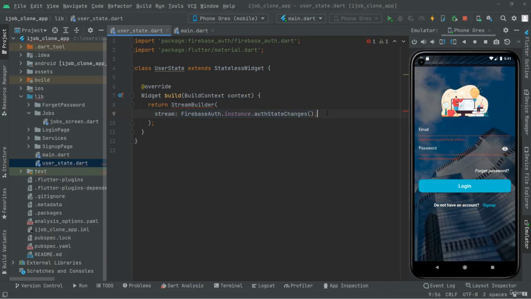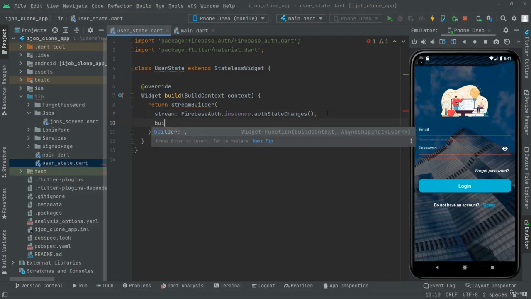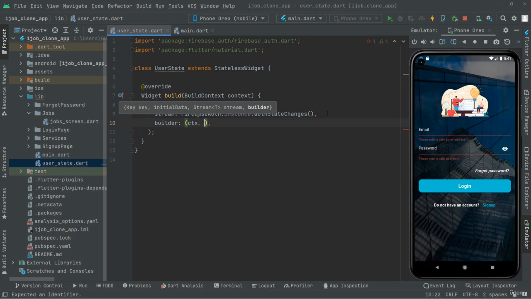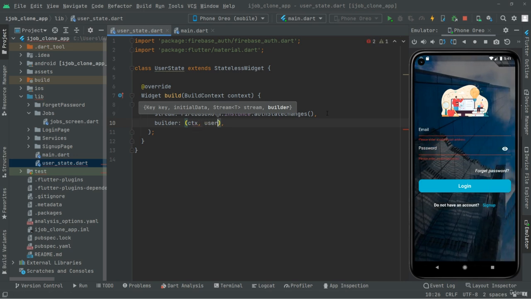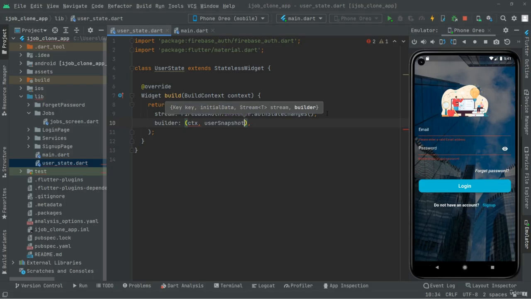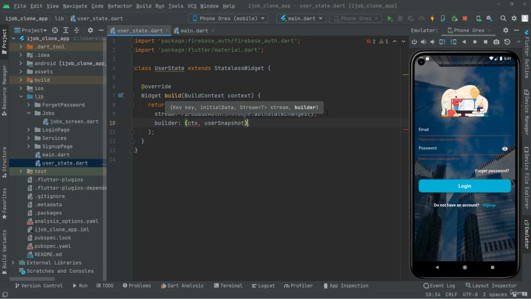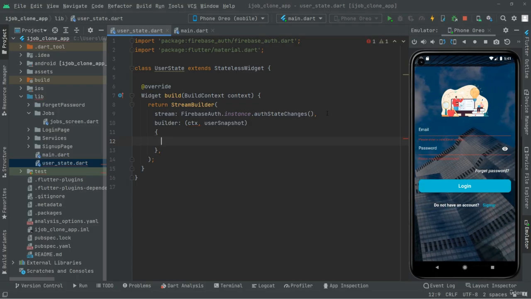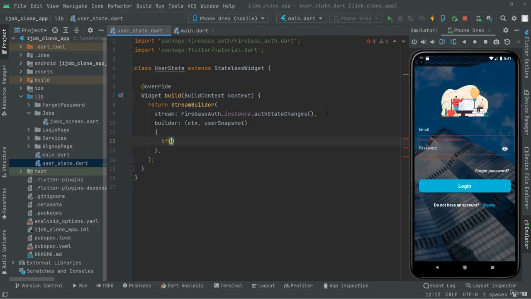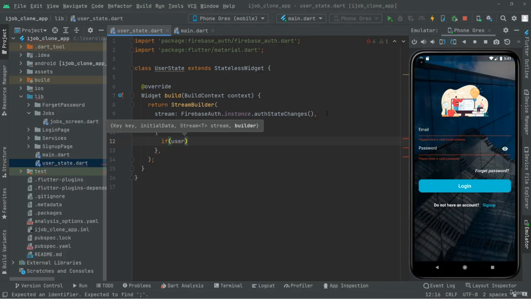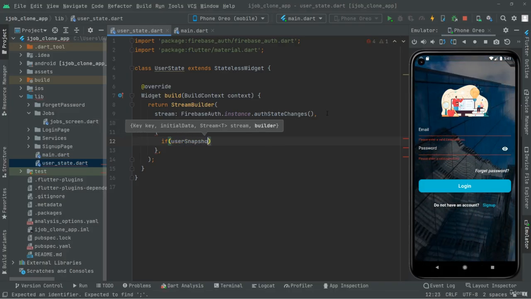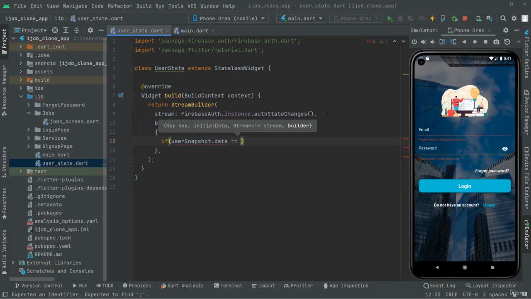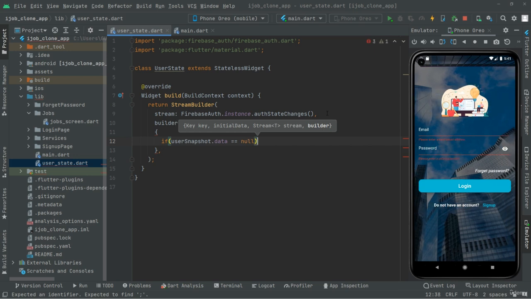Now let's move further. We will say builder, and it's going to take the context, and then simply userSnapshot, which will have the user data. And now let's take this down, and right in there first we will set the if condition, and in there we will simply say userSnapshot.data. As I told you, it will contain the data. If it's equal to null, in that case what we will do,